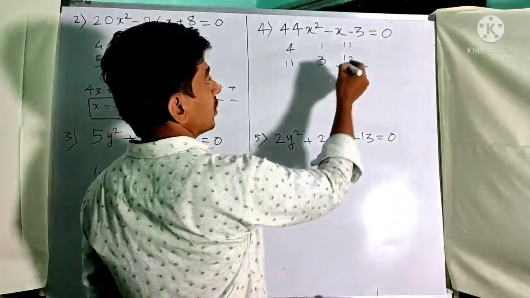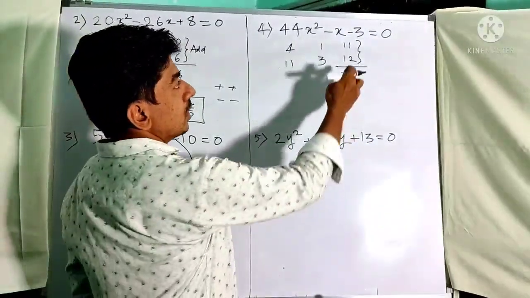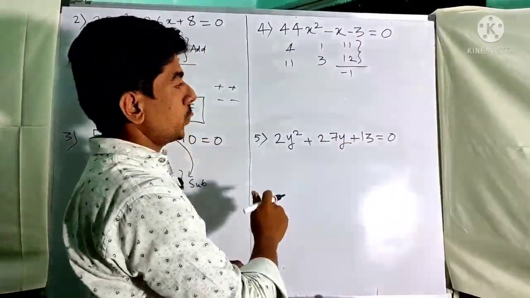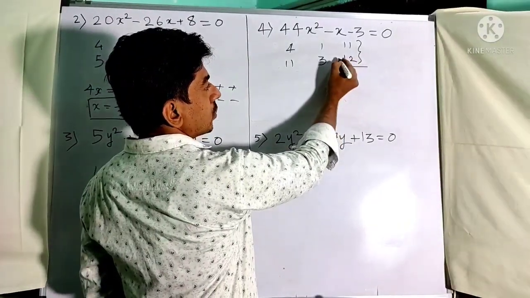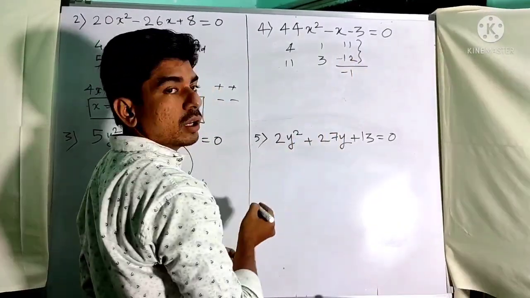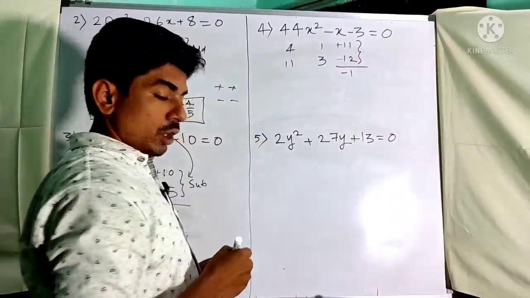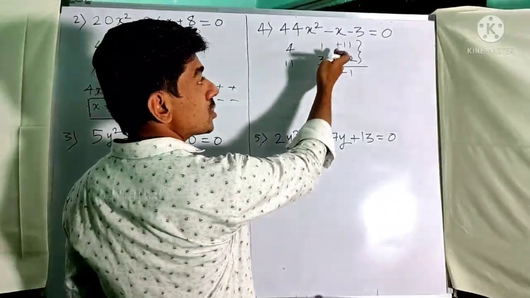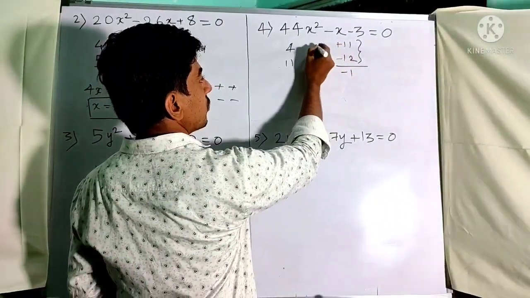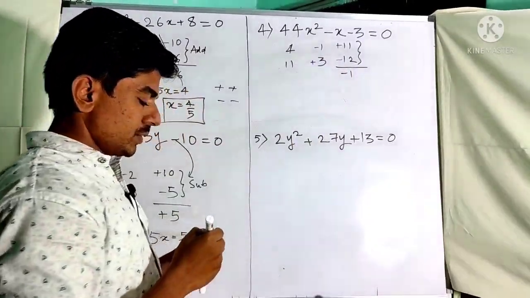What you're gonna do, you have to subtract these two terms because here the constant term is negative. To get the negative here, you have to give the negative sign to the bigger number. Here the bigger number is 12 and the smaller number is 1. To find the answers, or to get directly the roots, you have to change the signs. Here plus, so we are taking it as minus. Here it is minus, so we are taking it as plus.